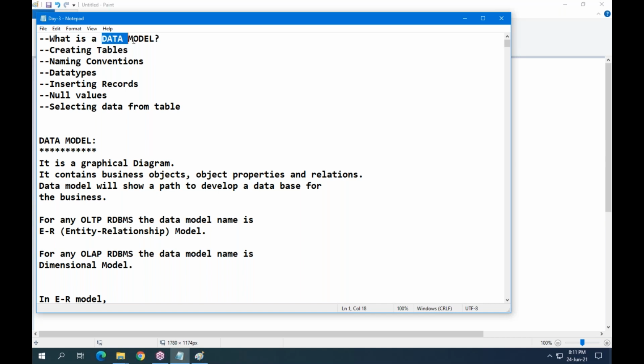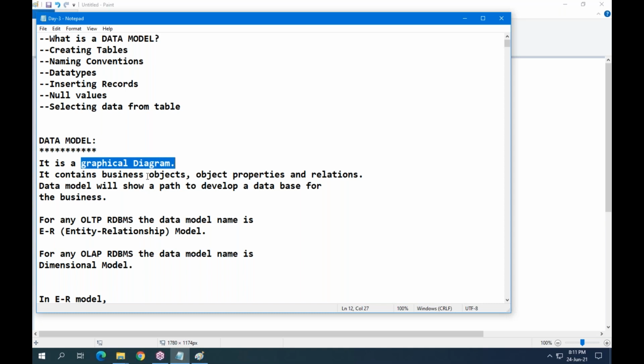What is a data model? A data model is a graphical diagram.